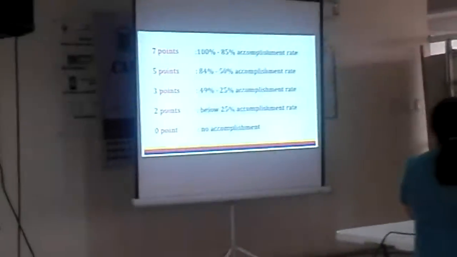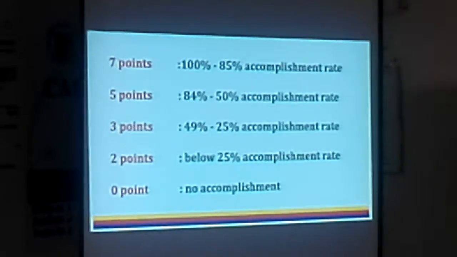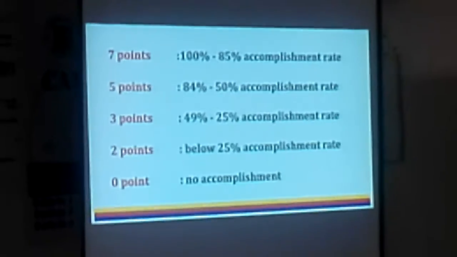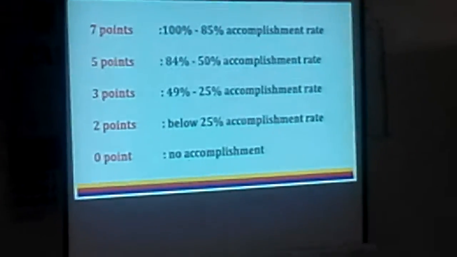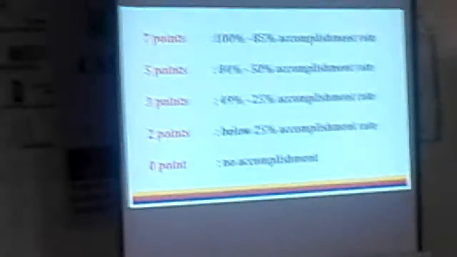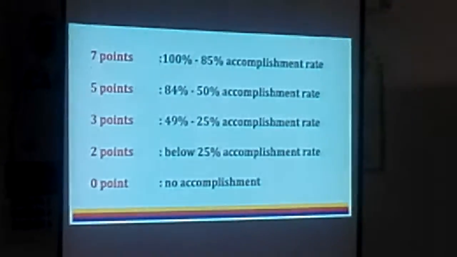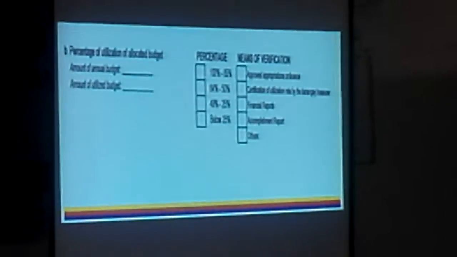So there, 7 points po, 100 to 85% accomplished. 5 points for 84 to 50% accomplishment rate, 3 points for 49 to 25% accomplishment rate, 2 points po below 25%, 0 for no accomplishment. Percentage of